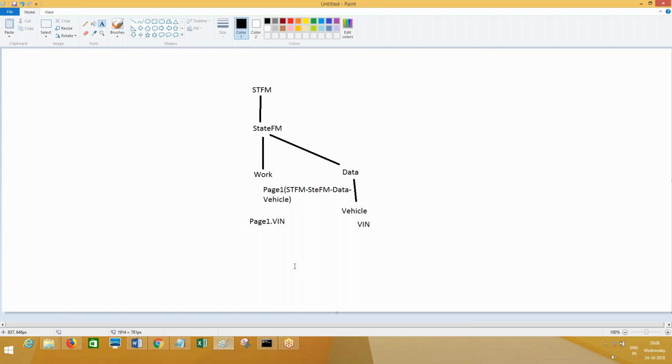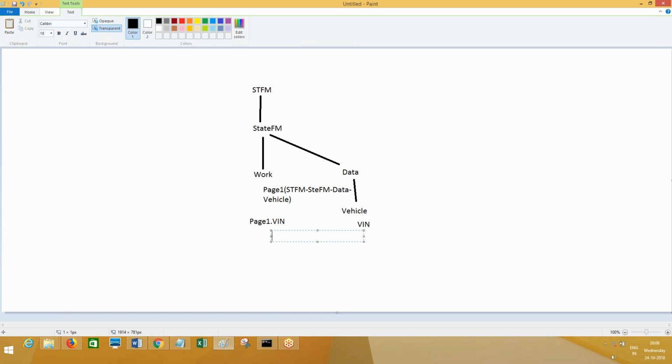win. Similarly, can I create another page? Page 2. Page 2 referring to the same class. If I create Page 2 referring to the same class, I will also get Page 2 dot win. Am I reusing the win property in the work class in different ways? Now here, Page 1 dot win and Page 2 dot win, both are same or different? Both are different, but win is the same, coming from the same place. But when it comes to access level, Page 1 dot win is completely different from Page 2 dot win, because the references are different. This is clear, everyone?